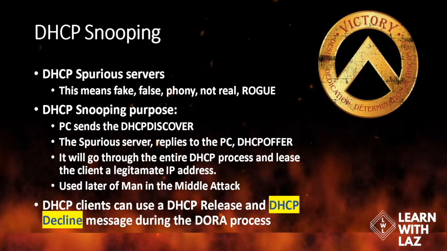Right? Well, the DHCP server replies with a DHCP offer. So it's replying to that discover with an offer. But that's the fake guy, the rogue server, because it's in between. It says, I'm going to get that DHCP discover, and I'm going to send you legitimate traffic, a legitimate IP